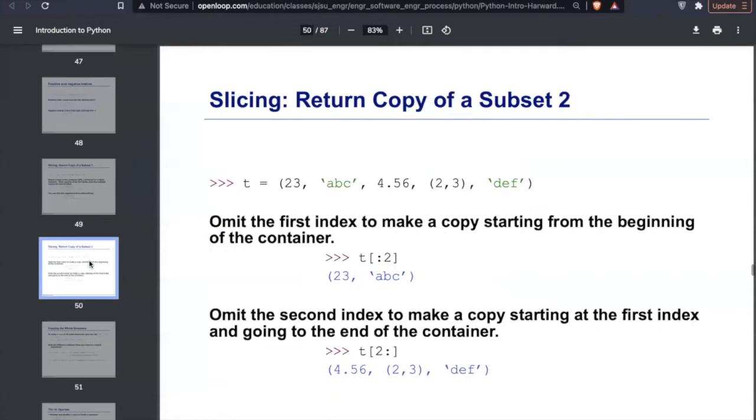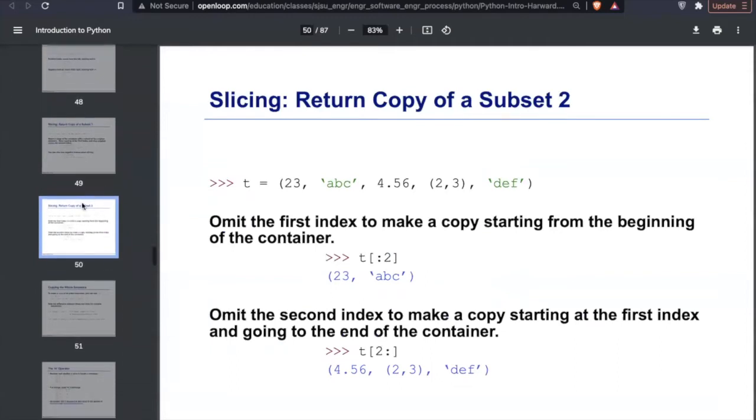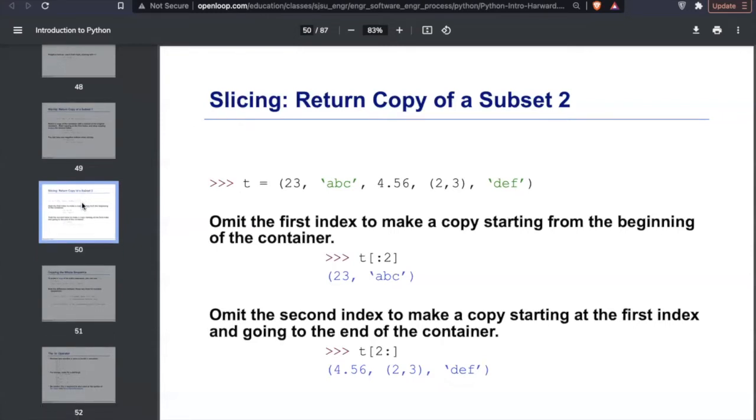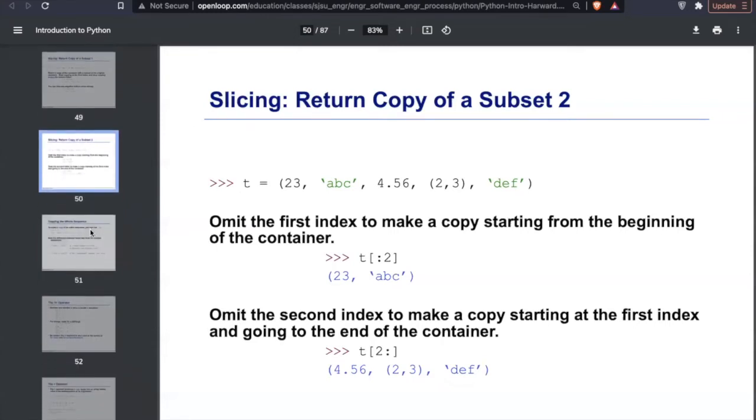In another example of slicing, you don't need to define both the starting and the ending index. If you skip the starting index, it will start from the 0th index, and if you skip the ending index, it will stop at the last index.